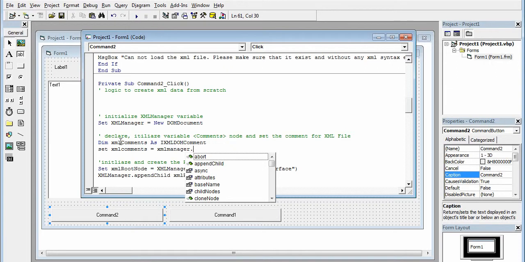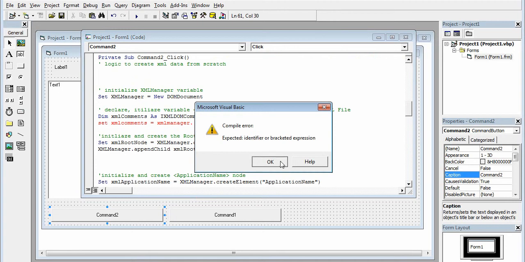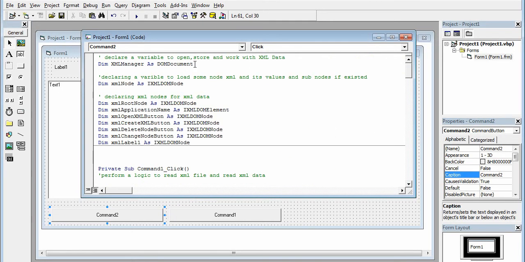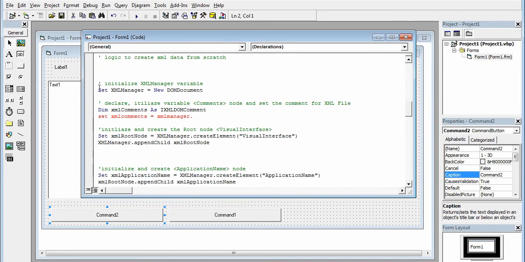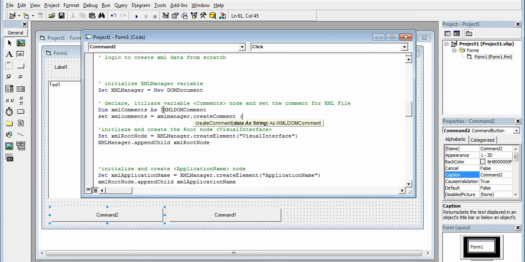Remember, like I told you, it's the mother of everything, creates everything. If you want to create something using this guy, XML manager, because we set the XML manager over here to be our DOM document, and over here we initialize it so we can use it. Dots, and create the comments like so, and then type a string. What would you like to create? And let's say I would like to say this is English